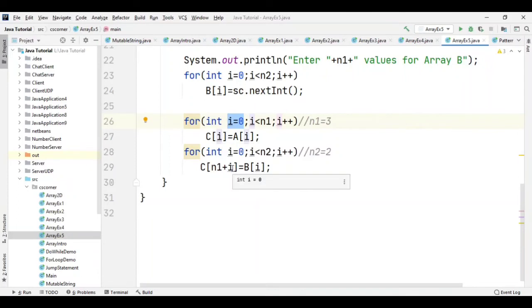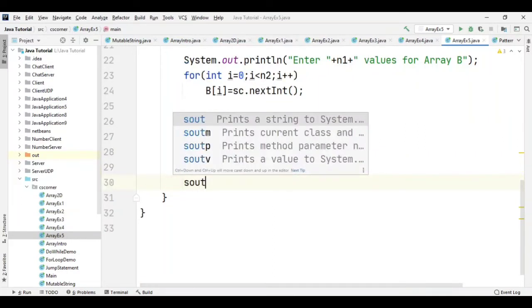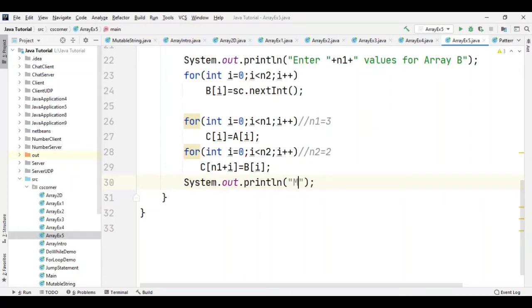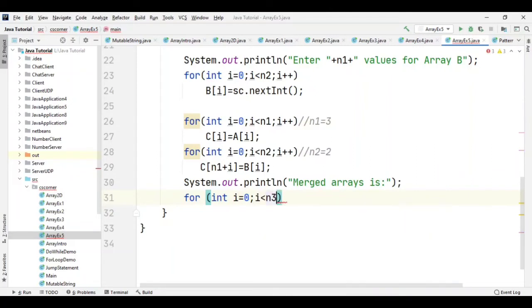Now I am going to print this array. So let me quickly write lines for printing this array. Writing System.out, merged array elements are. So for printing all the values of the array, I am again running a for loop, but now the condition I have to give is i less than n3, or I can write c.length, that is also okay.